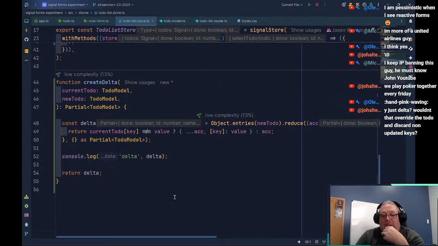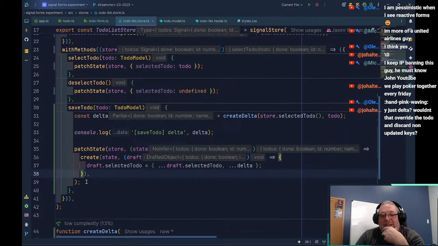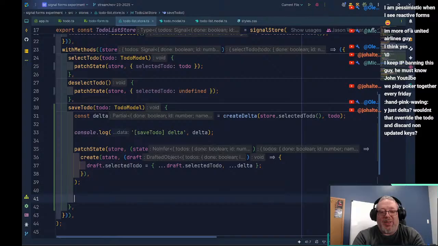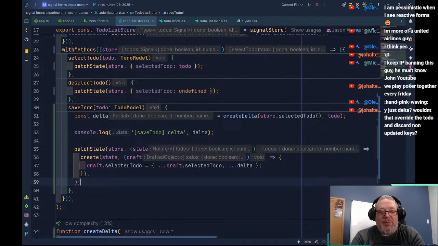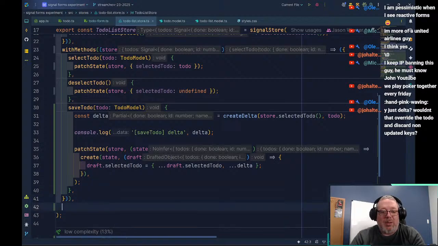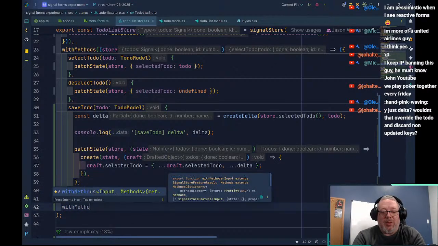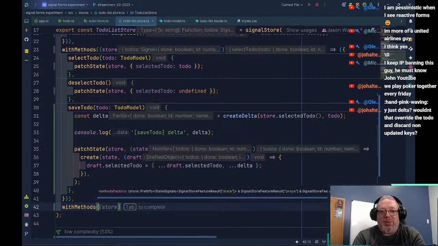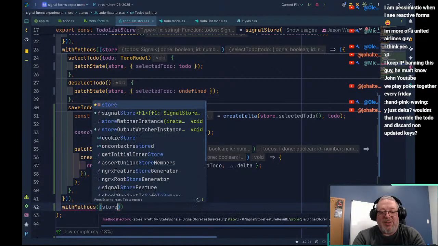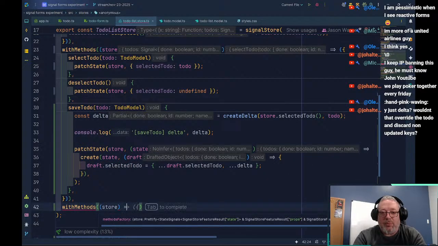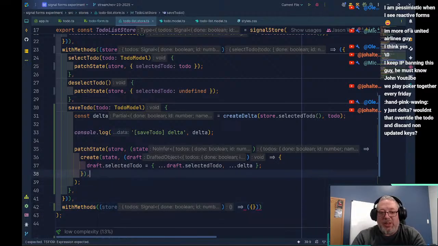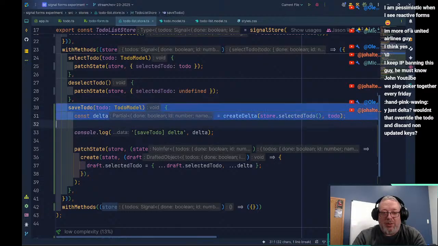And the last thing we want to do is, oh, we're going to have to create another withMethods. The reason we're doing this is because we want to be able to call deselectTodo.